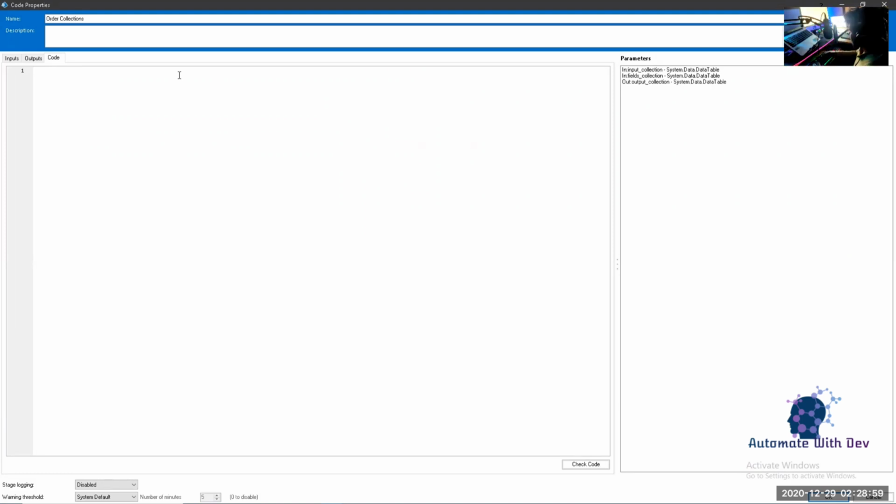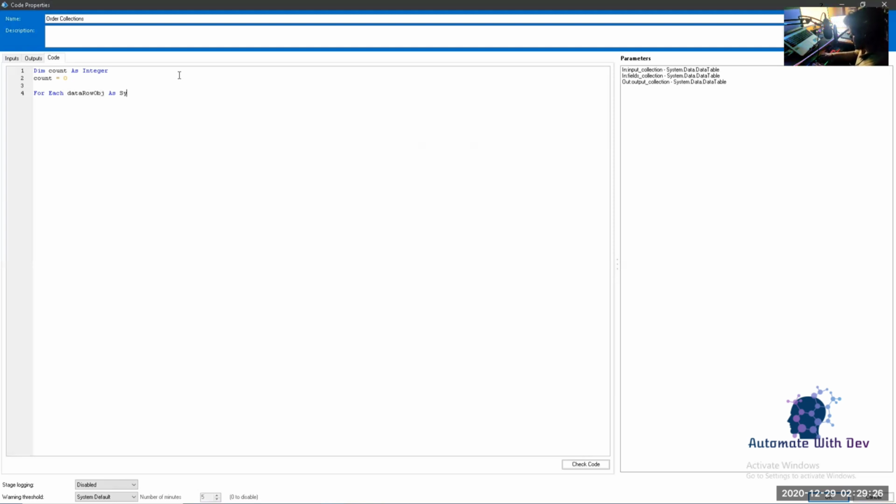Now to do that, if you remember the algorithm, first we are going to use an incremental counter. So let me do that. I will write something like dim count as integer. And what I will do, I will set the count equal to 0 before going there. So I have done this. Now what I will do, I will loop within my fields collection. So I will write something like for each data row obj